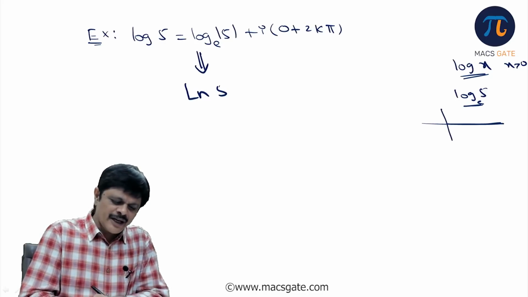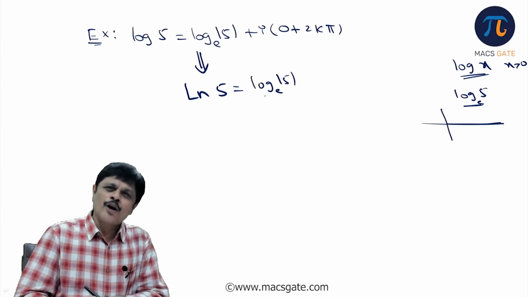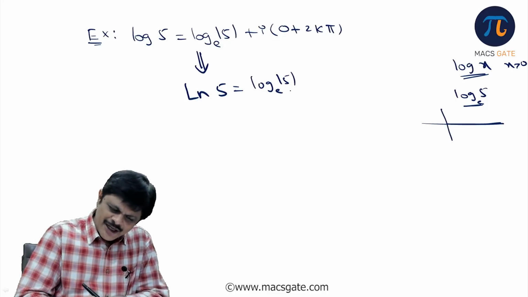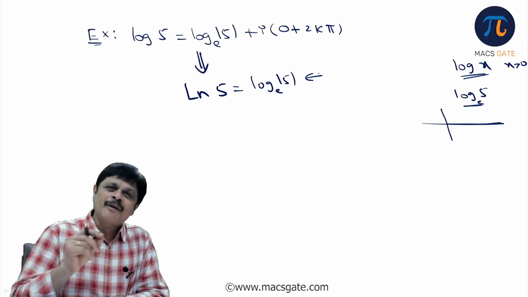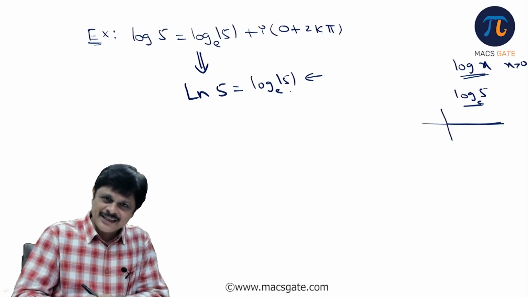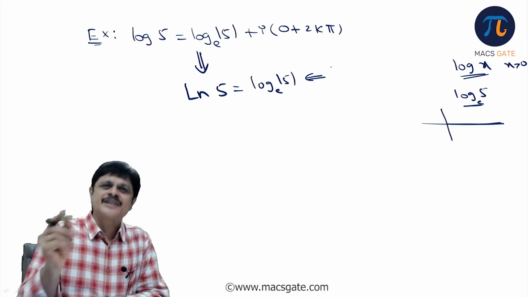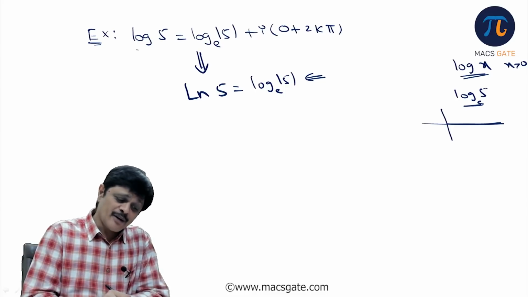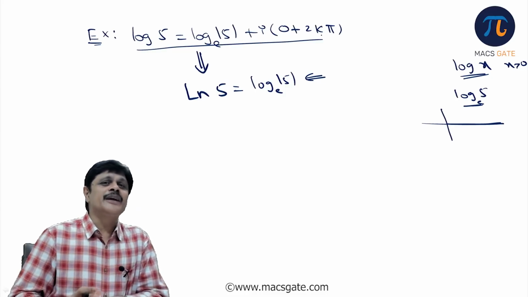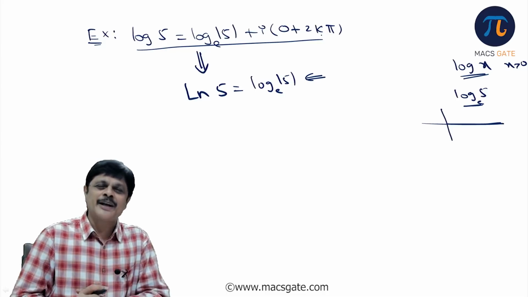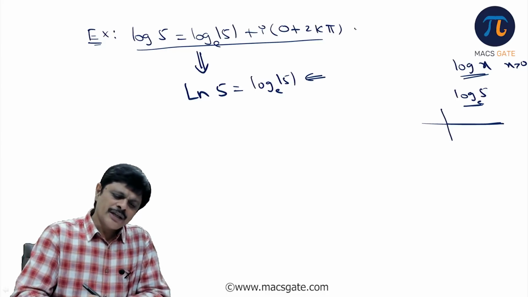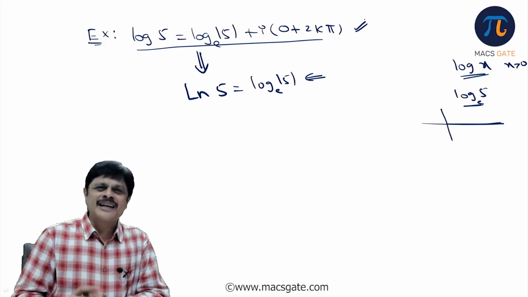That is, log 5 is what we call log mod 5 to the base E. This is actually considered as the logarithm of a real number. This particular one we consider as the unique value. This is unique. But the log of a complex number is not unique. It will have infinitely many values. That is a very interesting point. So that's why for logarithm we write the general values.